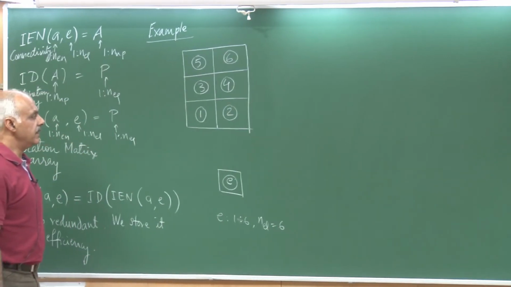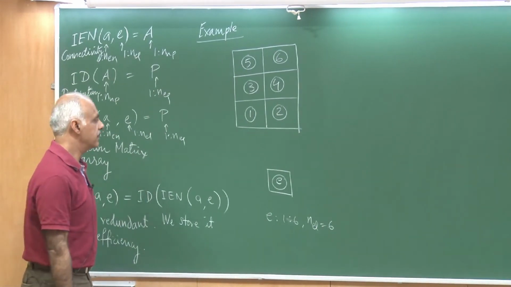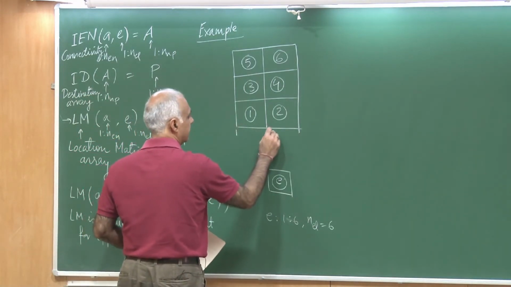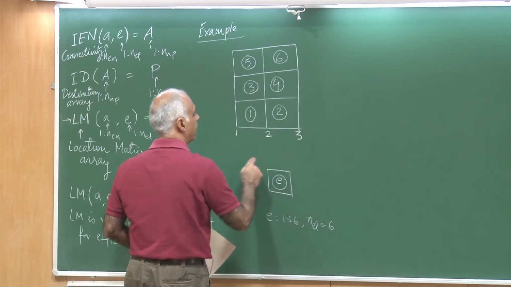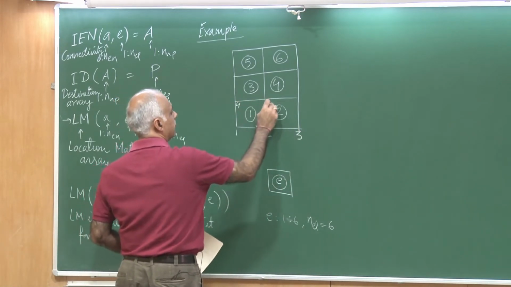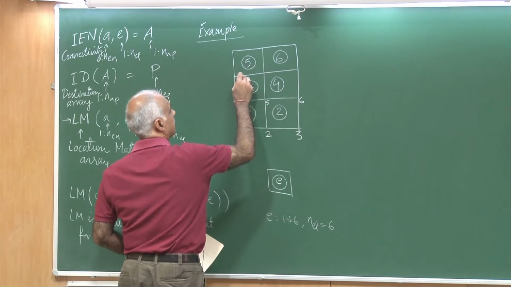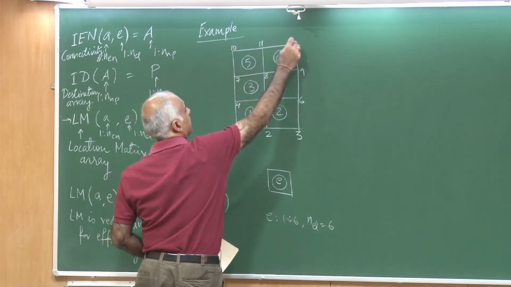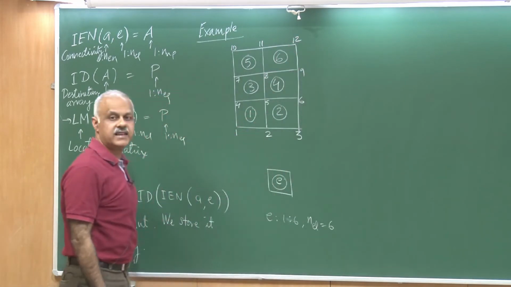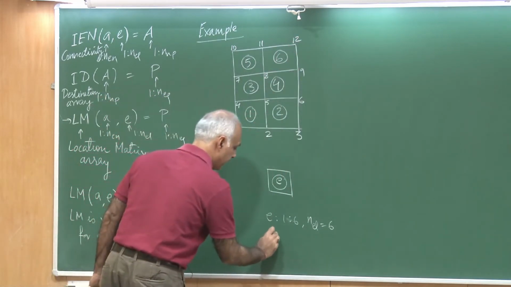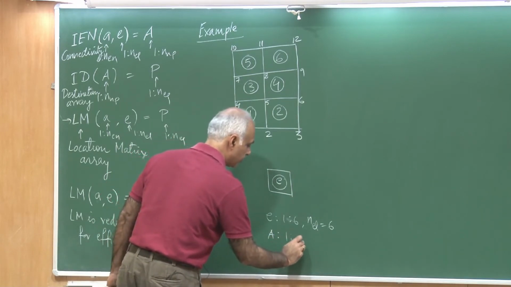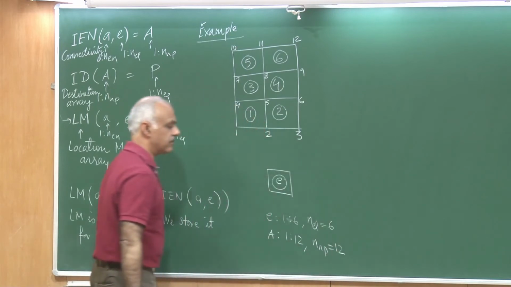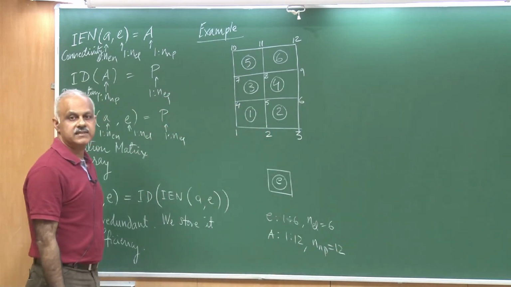Okay. Let me number the nodes for you, and I will number the nodes simply like this. So, 1, 2, 3, 4, 5, 6, 7, 8, 9, 10, 11, 12. So, let us say there are 12 nodes. So, my A is the node number, it goes from 1 through 12, which means my number of nodal points is 12. Let me assign some boundary conditions.